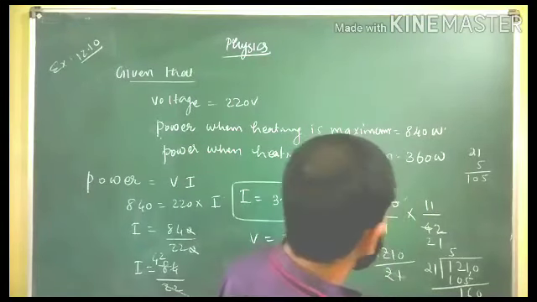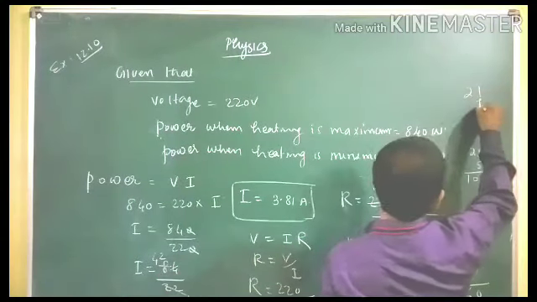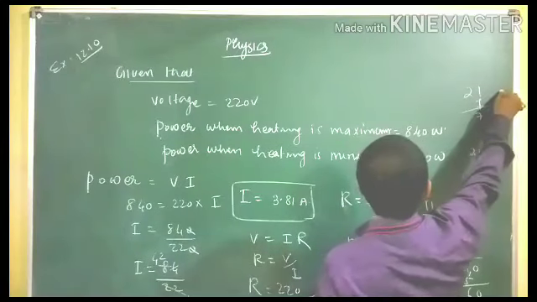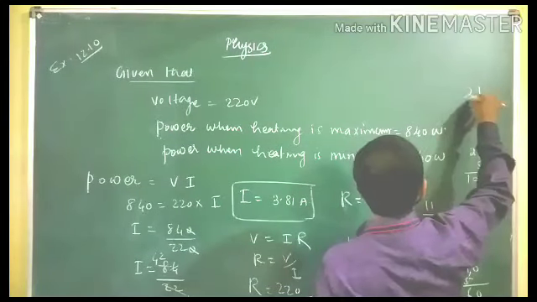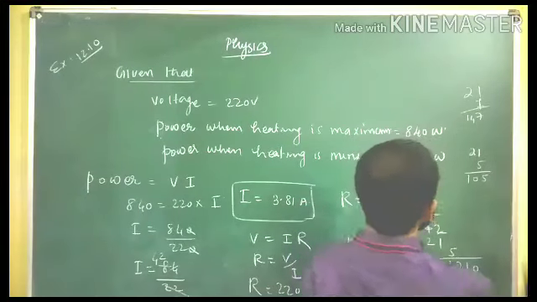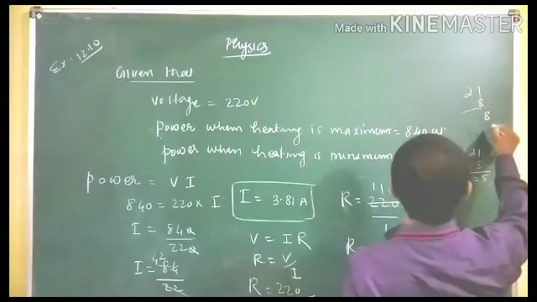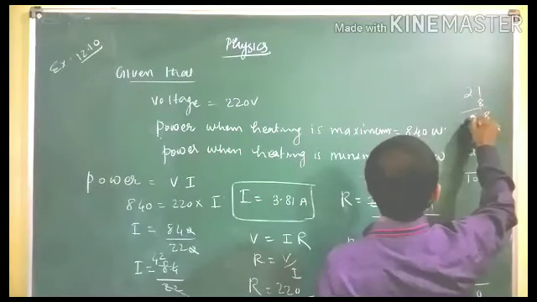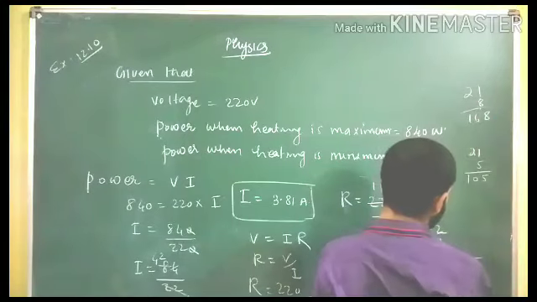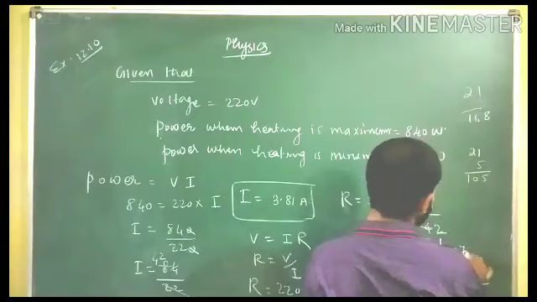Now 6 or 7 times you can check, students. 21 into 7 times, 1 into 7, 7, then 2 into 7, 147. Otherwise, if you try for 8 times, then 1 into 8, 8, then 2 into 8, 16, 168. Okay, so it will not go. So in total you can take 7 times.